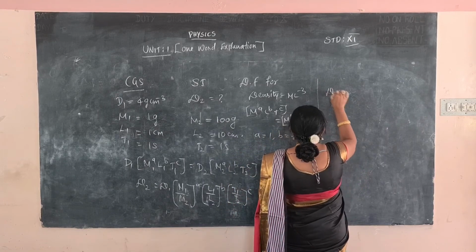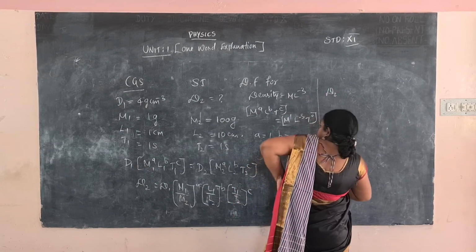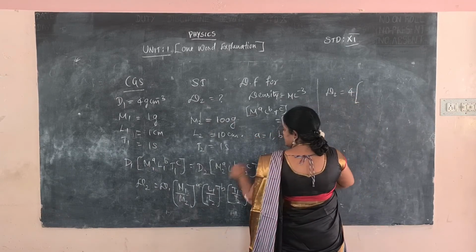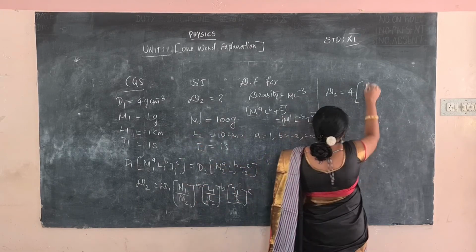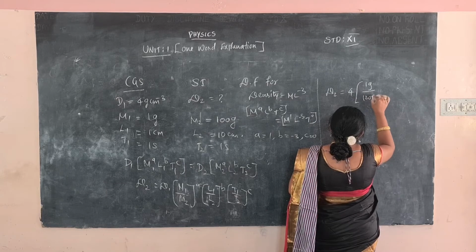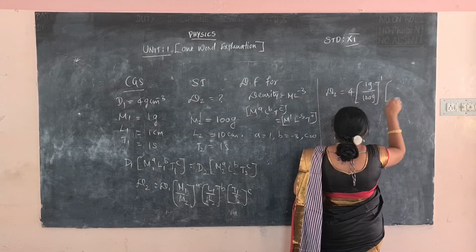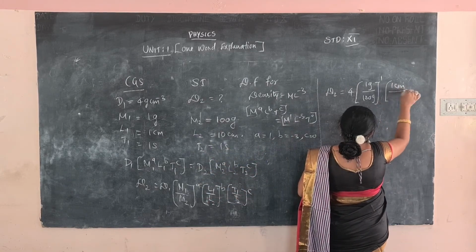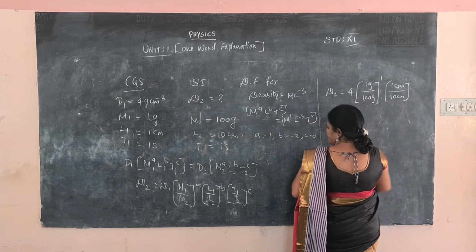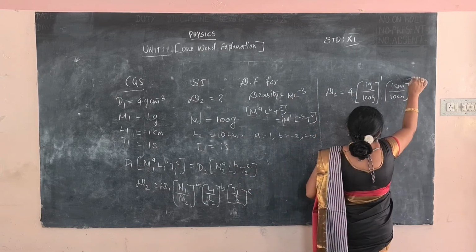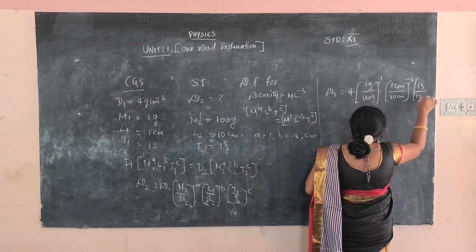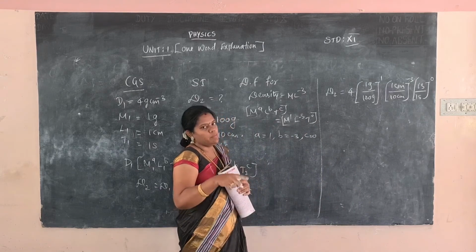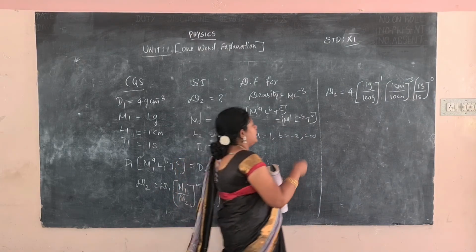What's the D1 value? That is 4 gram. So 4 into, what is the M1 value? M1 is 1 gram, M2 value is 100 gram and A value is 1. Then L1 value is 1 centimeter and L2 value is 10 centimeter. The whole power B value is minus 3 and T1 is 1 second and T2 is 1 second and C is 0. Okay. Substitute the D1 value, M1, M2, L1, L2, T1, T2 and A, B, C also.